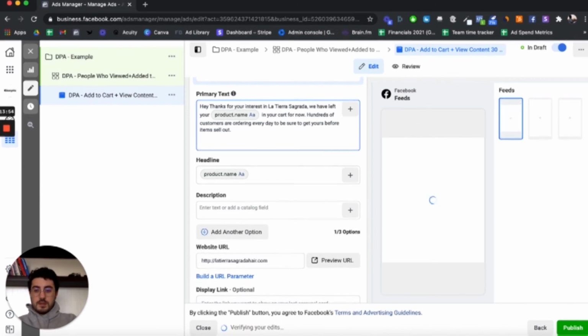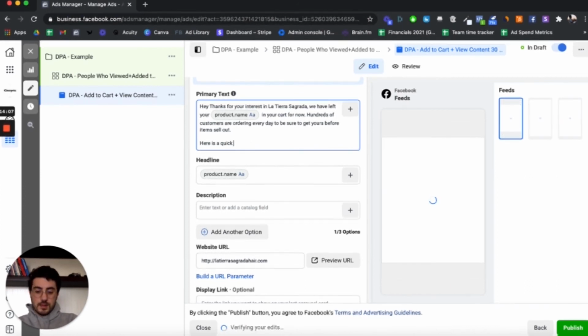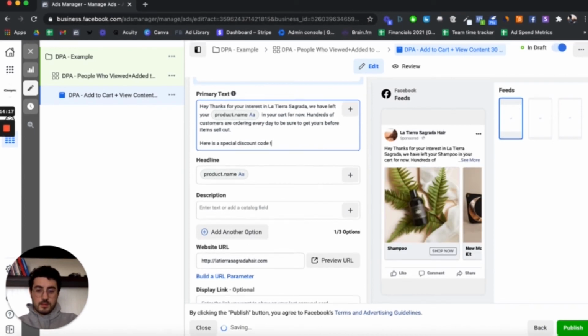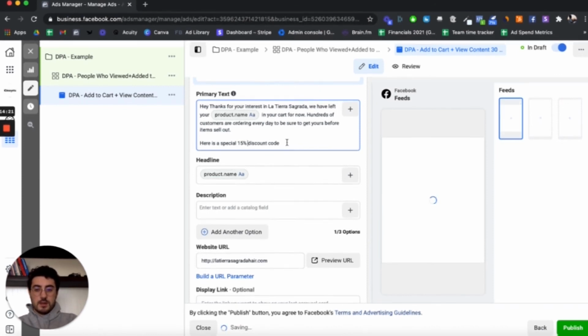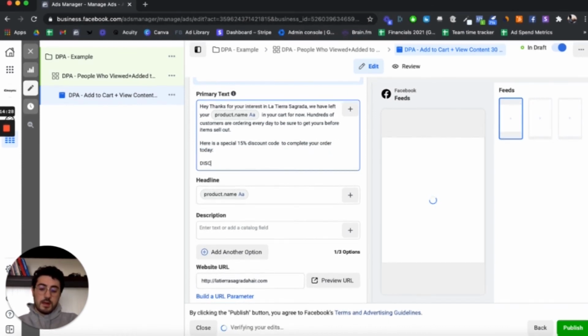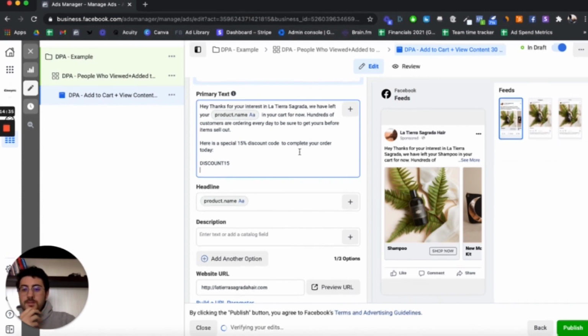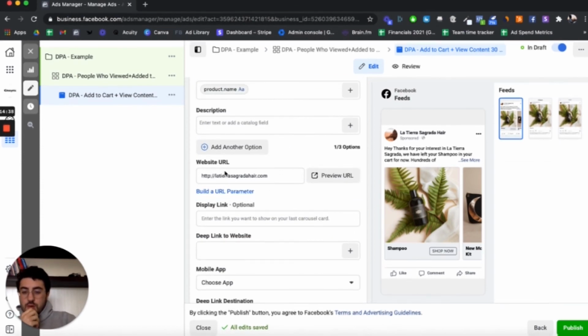One thing I like to do with the copy in the DPA campaigns as well is give them a special discount code to kind of push them across the line and get them to purchase. Here is a special discount code. Let's say a 15% discount code to complete your order today, and then you can just add what the code is, for example, discount 15, and then that way you're even incentivizing that consumer further to actually go ahead and buy the product. Make sure you are sending them to the right page, perhaps the shopping page in this case,